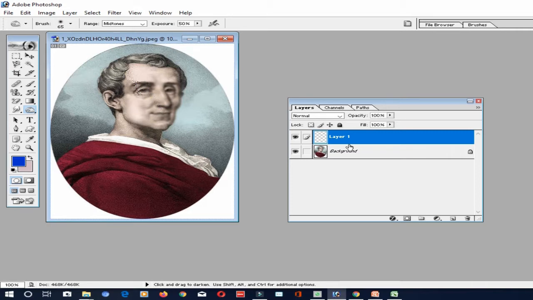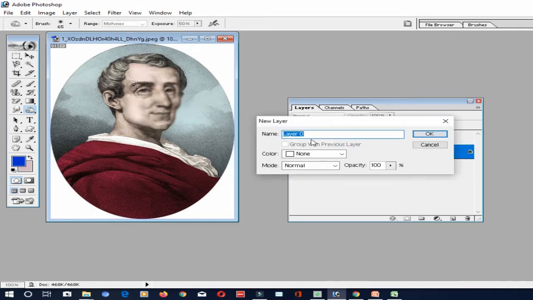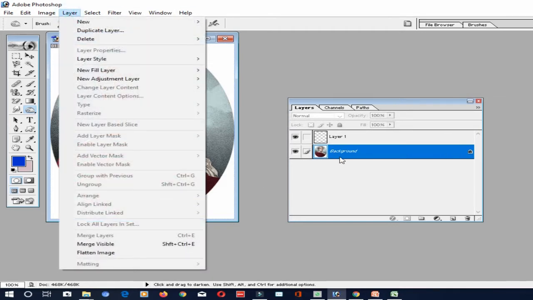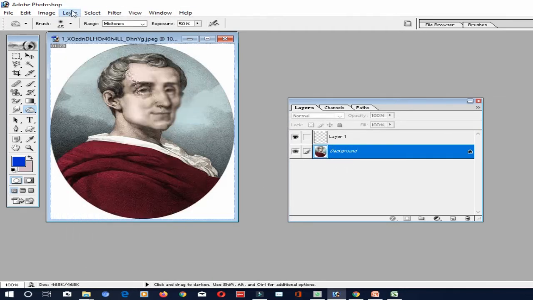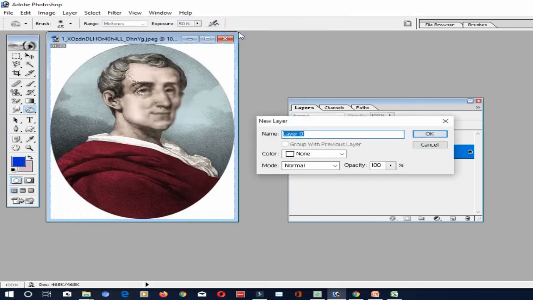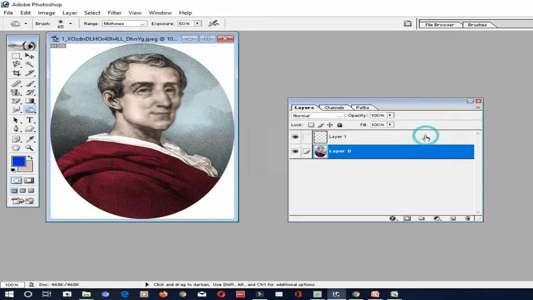First, double click the background layer in the layers panel and you can convert it. Or you can go to the Layer menu, select the background layer, go to New and select Layer from Background. It will give you the name automatically as Layer 0. If you want to give a name, you can give it and click OK. Now it has been converted from background to layer.